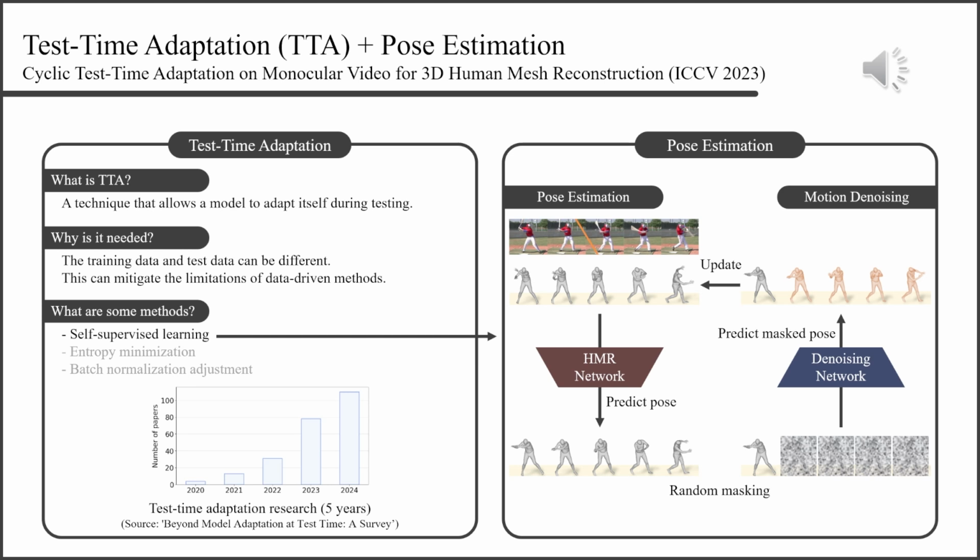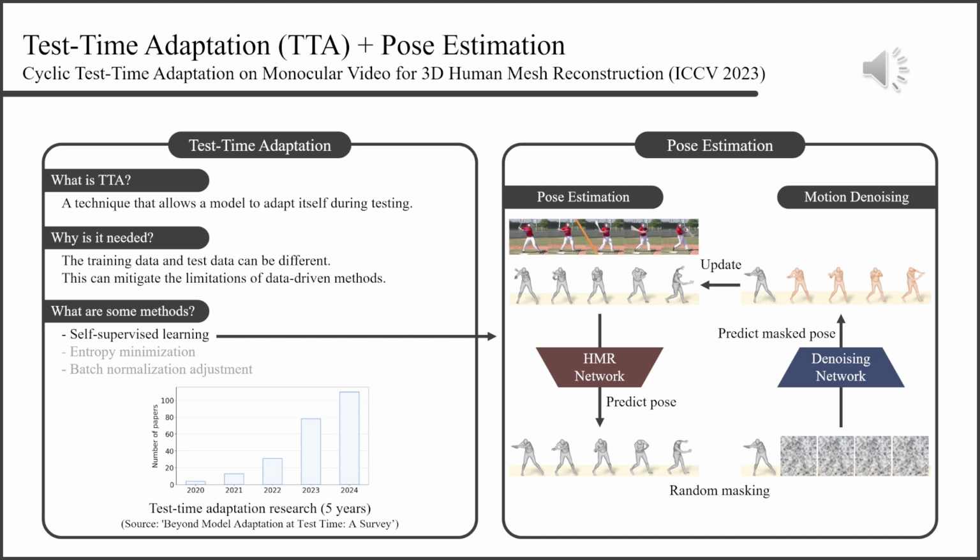Next, some frames are masked and forwarded to a pre-trained denoising network. The denoising network reconstructs the pose of the masked frames, and the difference between the reconstructed pose and the input pose is used as a loss to adjust the network. The output of the denoising network is then used to adjust the HMR network. The difference between the HMR network's output and the denoising network's output is used as a loss to update the